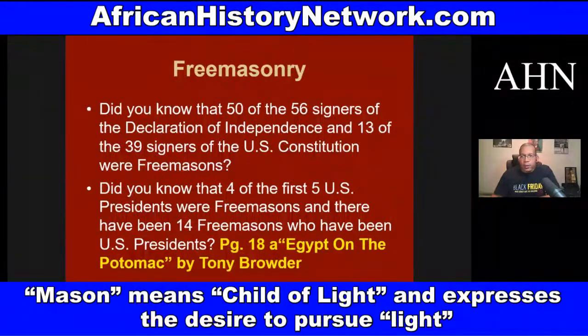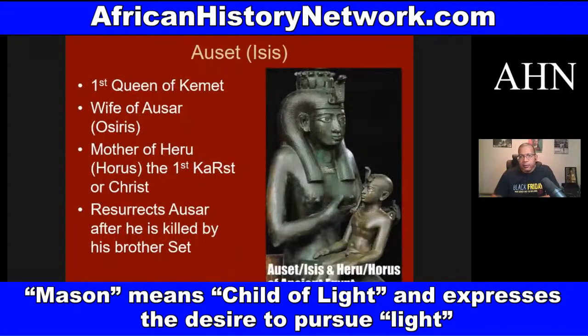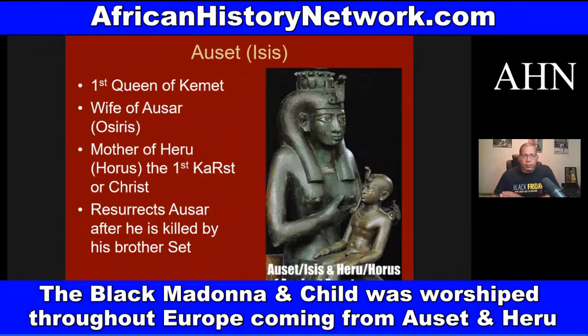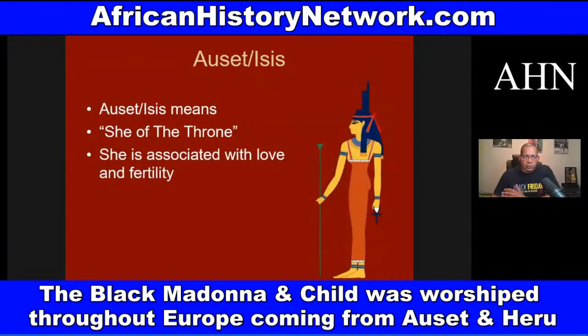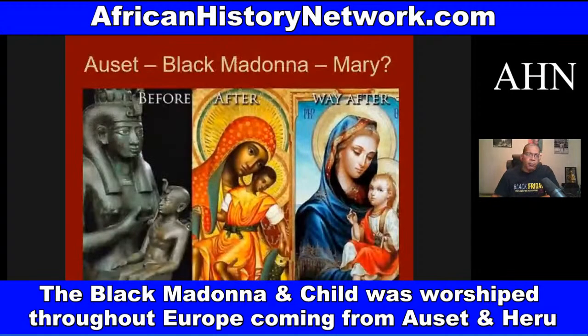So we deal with, of course, Set and Asar and Heru, different things like this. We talk about some of the different Neteru as well. We know Set, first queen of Kemet, first queen of Egypt in the mythology, mother of Heru. Heru was born on December 25th, and it was a virgin birth. And from Set and Heru, we get the Black Madonna and Child that was worshipped all throughout Europe,